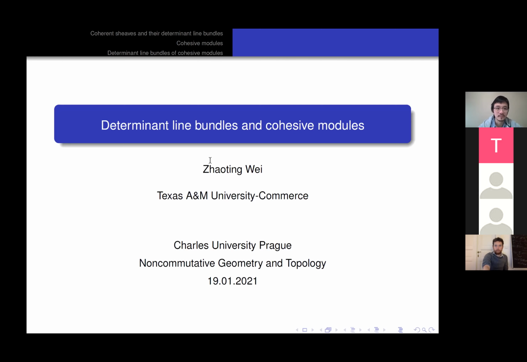First, coherent sheaves. I think most of you know it. A sheaf of O_X modules is called coherent if it satisfies two conditions. First, there exists a finite local resolution, that is, local finiteness. And second, for any open set, any number n, and any morphism from O^n to F on this open set, the kernel of this morphism is again of finite type.